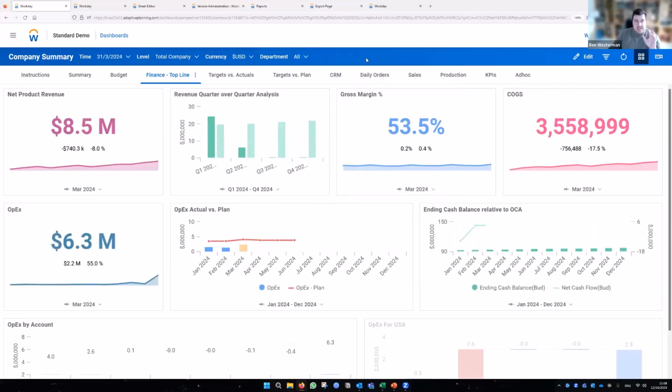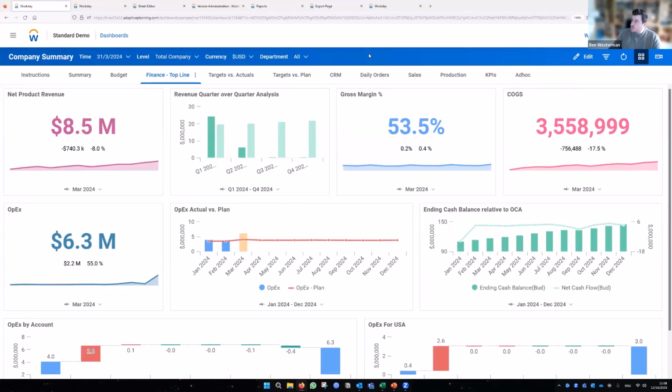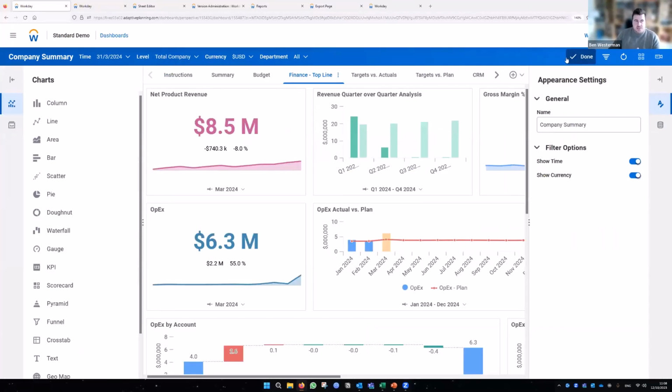That's the multi-select. There's also been a tweak to the context filters as well. Now, context filters is quite a flashy way of saying drop downs at the top. Essentially, you can see we've got these drop downs here. As many of you know, if I go to the edit option within a dashboard, I can then go to my, maybe you don't know this,